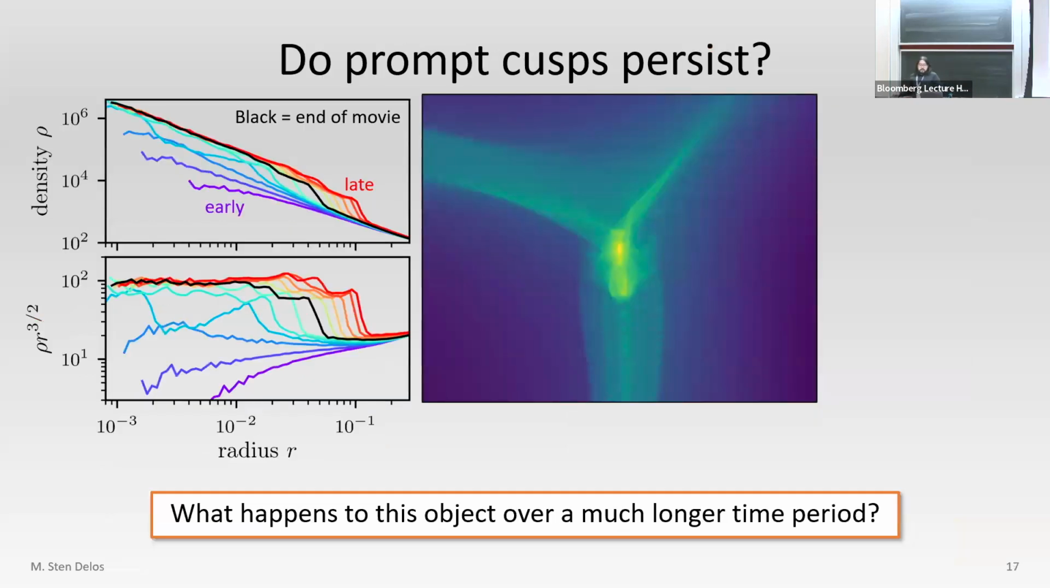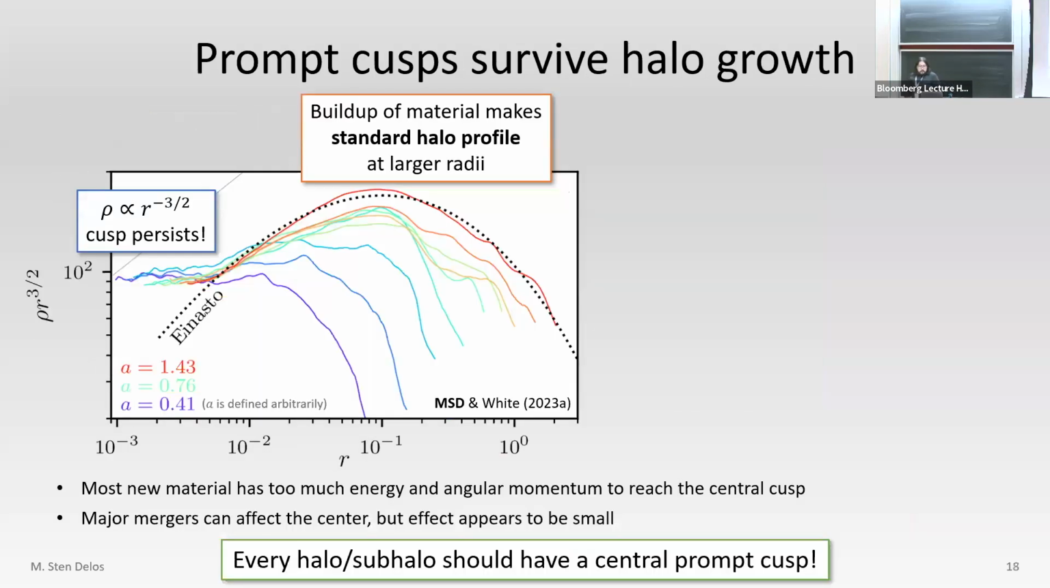Okay, so I've talked about prompt cusp formation and how it relates to the initial density peaks, but now you might wonder if they survive. In particular, I showed you this simulation, but what happens to this object over a much longer time period? So here's what happens. This is the same kind of density profile plot, density times radius to the 3/2 power